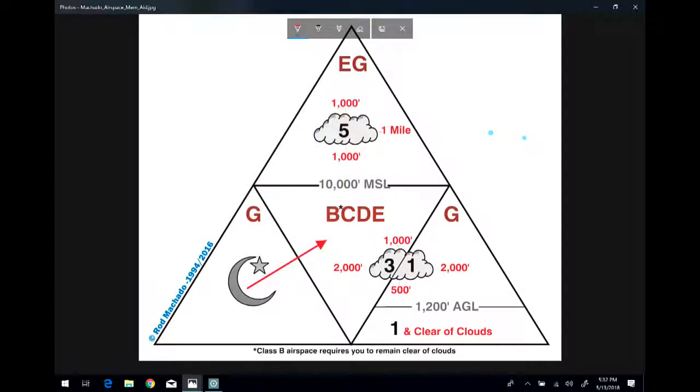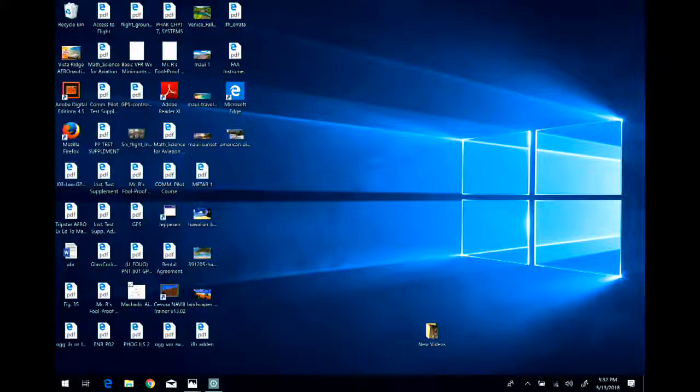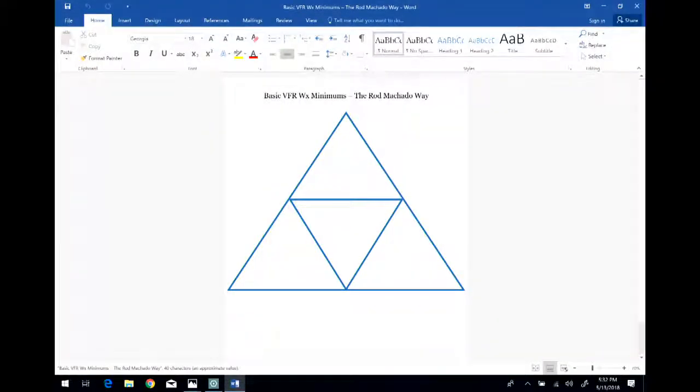Okay, here we go. Here's what I want you to do. I want you to draw this triangle. Basically you have a big triangle, and then an upside down triangle on the lower half of that triangle. So take some time right now and draw that triangle. Get a clean sheet of paper and make it big, because you're going to be writing in there.